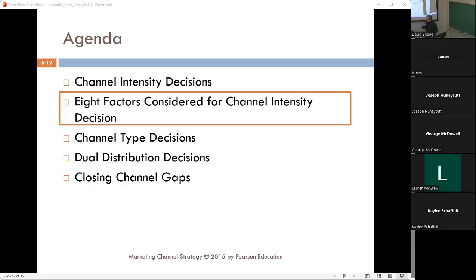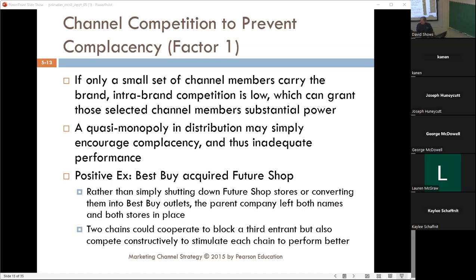Once again, remember this, it's always going to be what is the best return on investment, and that's the reason that you make choices. So whether to have it in as many possible places as possible or only a few, all comes down to what brings the best return on investment. And so these are 8 critical decisions or factors that should be considered when a manufacturer is making a decision on intensity. Okay. So the first one, believe it or not, is not necessarily having anything to do about